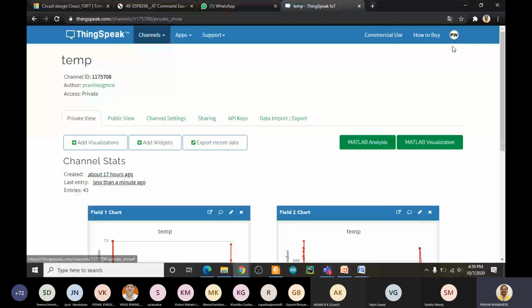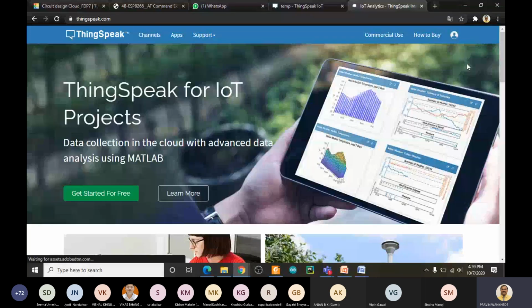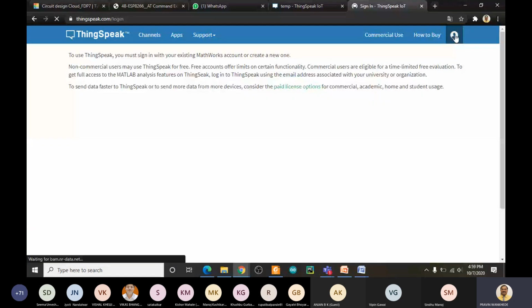Just go to thingspeak.com, and this will open the website like this, and here is a tab for login. Just click on it, and it takes some time.